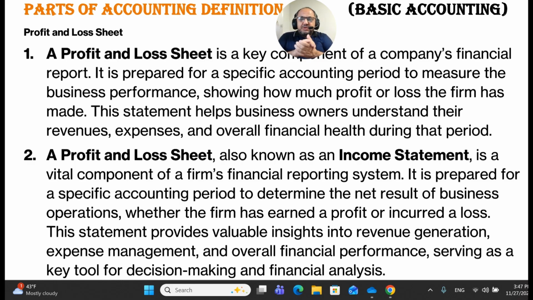sheet. When we prepare the trial balance, as a result, both sides of all the accounts, debited accounts and credited accounts, are equal to each other. On the basis of this trial balance, as a result of the total of each account, we prepare the profit and loss. Here we include the sales, the cost of goods, the expenses, the